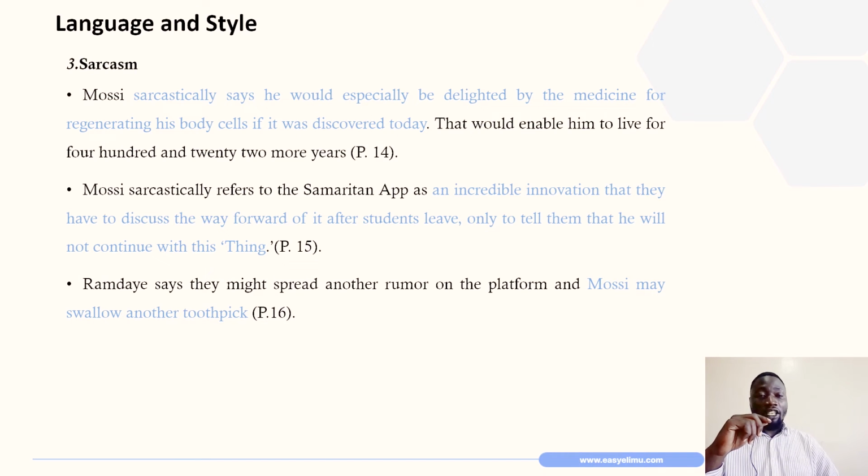another toothpick. So remember, there's a point where Mosi talks about some hearsay and rumors way back about his death that made him swallow a whole toothpick, and the rumors almost became reality. So Ramdai sarcastically says that the Samaritan app might spread another rumor, and the mayor may swallow another